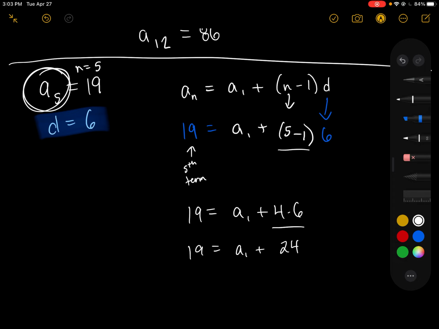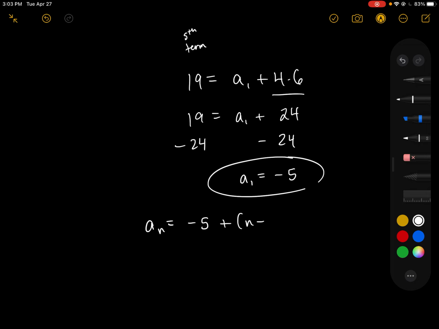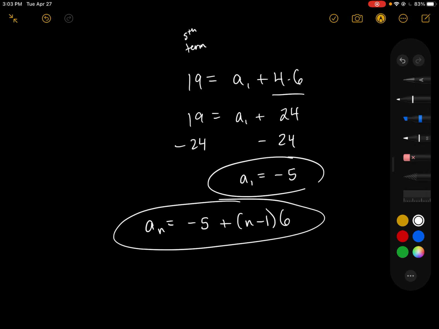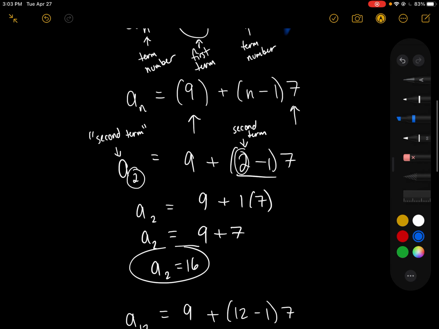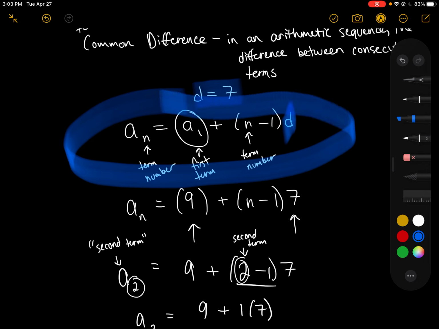Okay, so again, let's keep going, resetting here. So 19 equals our first term plus 5 minus 1 is 4 times 6. Multiply those together to get 24. And we'll keep going, subtract 24, and we'll get our first term equals negative 5. So with this information, we now know our first term, but we can also write our entire sequence. So A subscript n equals negative 5 plus n minus 1 times our common difference of 6. So that is how we would define that arithmetic sequence. All right, so the big idea for today is if we have